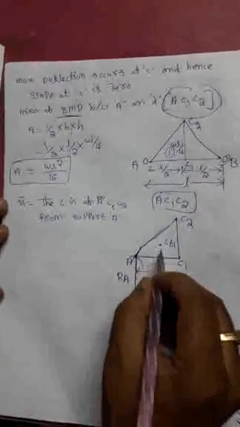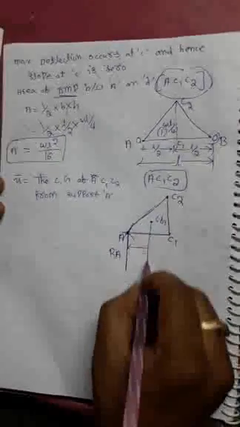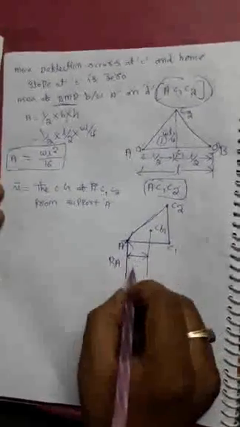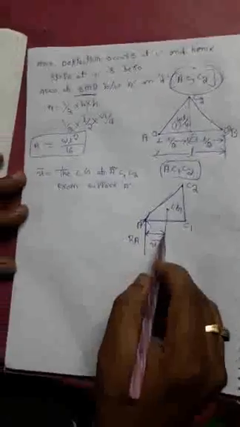From support A, this is the A support and this is the centroid. This distance is X bar. So X bar is the center of gravity. This is the center of gravity for the diagram A C1 C2, from support A. Support A is here, and from support A this is the X bar. So X bar equals